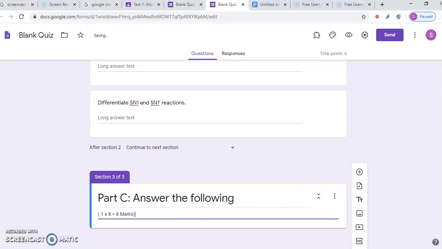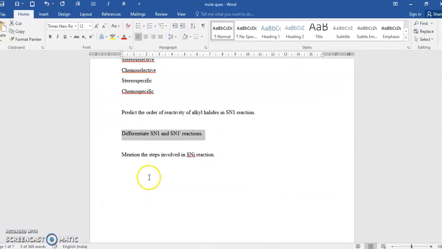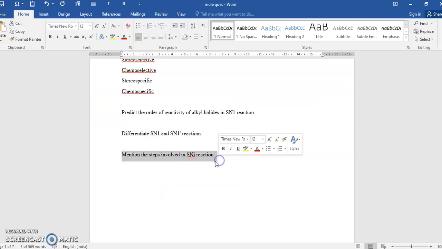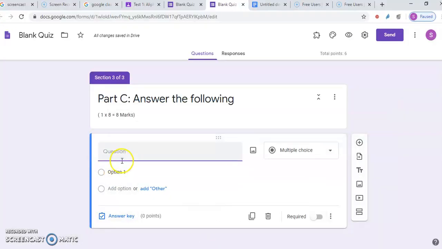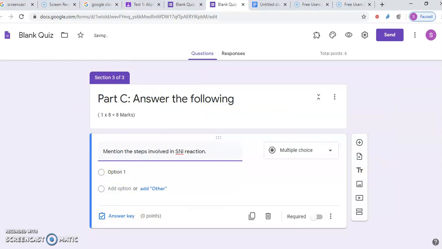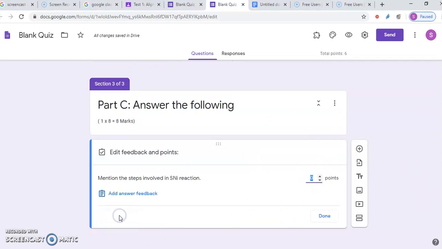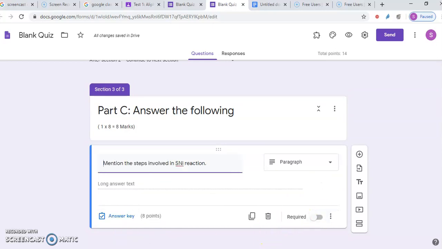It's an 8-mark question. Okay, then click add question, then you enter the question. You copy the question, that is mention the steps involved in SN1 reaction. So you have to copy it and paste it. Then it automatically comes as paragraph. Then you give the answer key. It's an 8-mark question, so you have to mention the point as 8 and then done. Similarly,